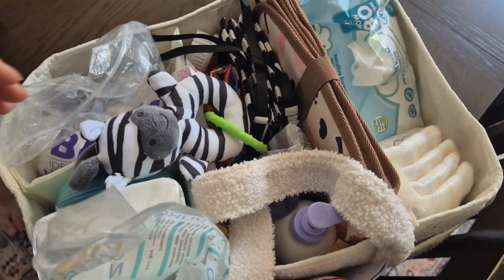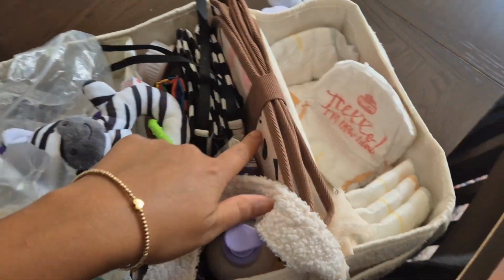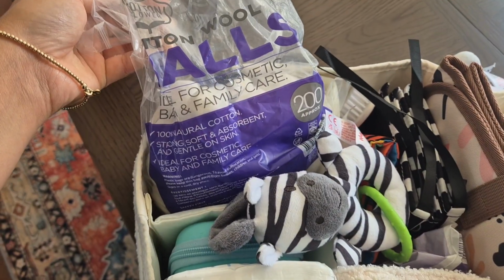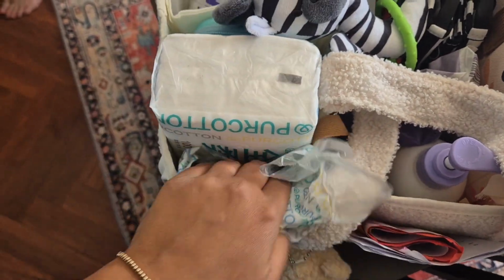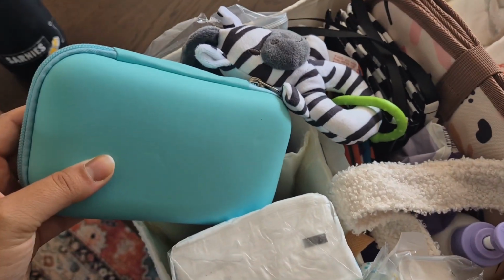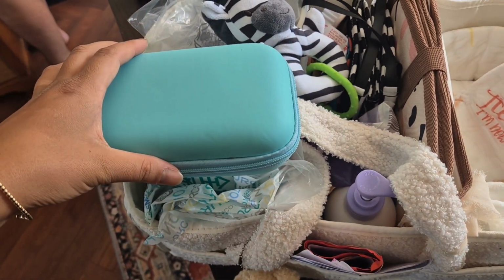So she's just getting changed on there, so I'll just go through the caddy. So we just have pretty much the same things. Nappies, wipes, an extra changing mat that we were gifted, cotton wool balls when I clean her face in the morning, cotton wool wipes, which I also really like, and if I want to do a bit more of a body clean, a grooming kit, which we bought after a few weeks of having her because we wanted a